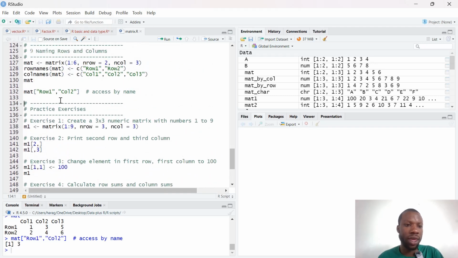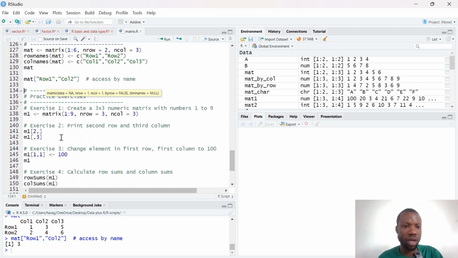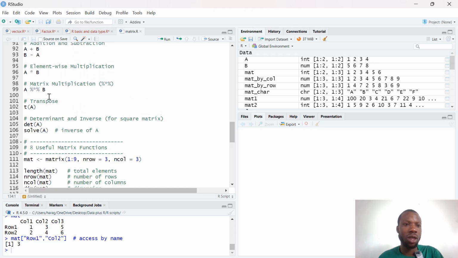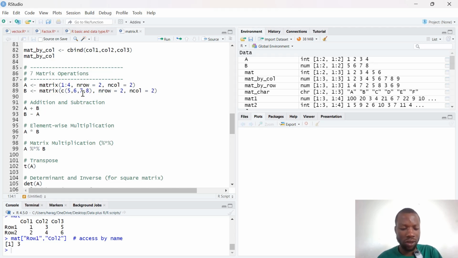So I think you have seen a lot on matrices, and this is the practical examples, and what you have to do is just to understand those kind of things. You have to master it so that it is going to be easier for you. So once you understand the logic behind the matrices, it is going to be easier for us once we are trying to look at the data frame,